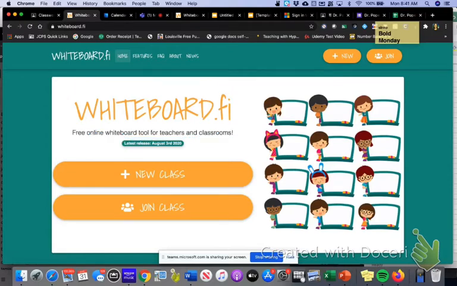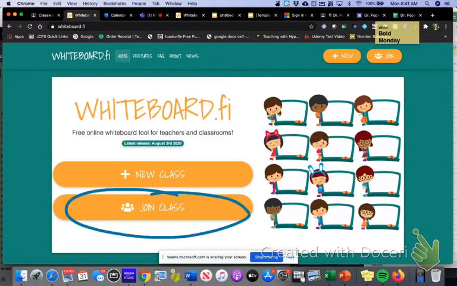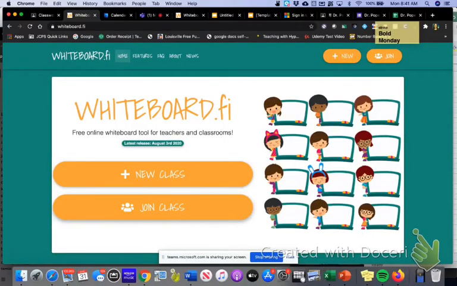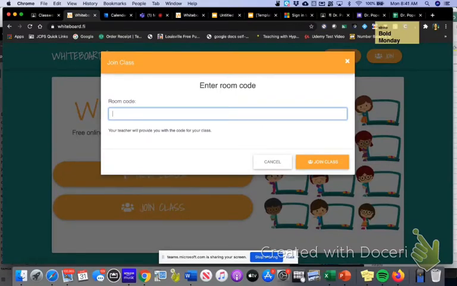And then you're going to click on Join Class. And then you're going to type in the code. It changes every day. From now on, I'm always going to write it on the opening PowerPoint so that you always know what the code is. I didn't today because I figured you wouldn't know what I was talking about at first. So today's code is a lowercase k, 8, 9, 3,